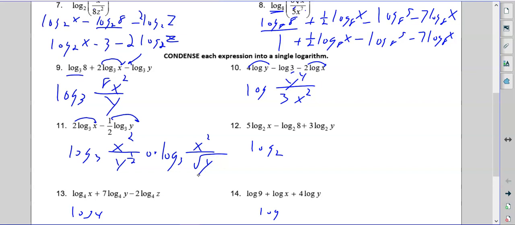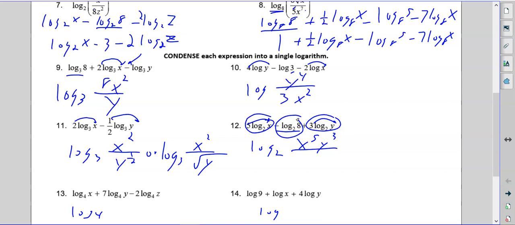Now notice, we only have one thing being subtracted. That means this and this go on the top. The 5 becomes the exponent, so we have x to the 5th. The 3 becomes the exponent, y to the 3rd. And this right here is going to go on the bottom. But remember,